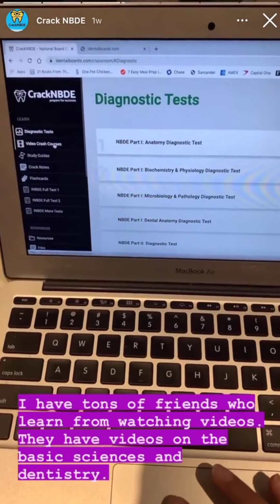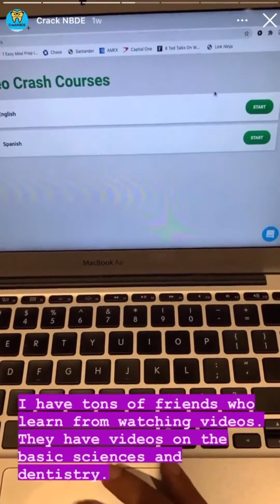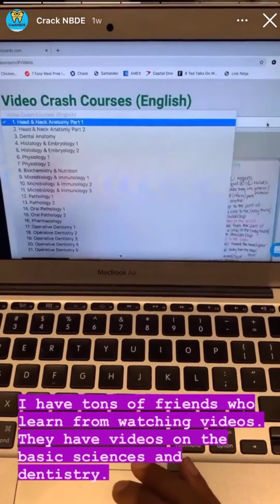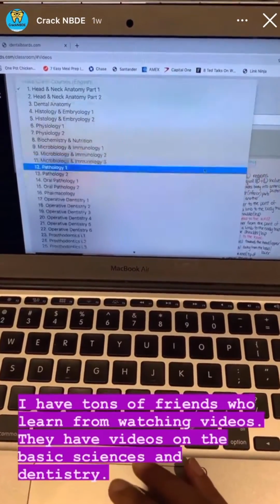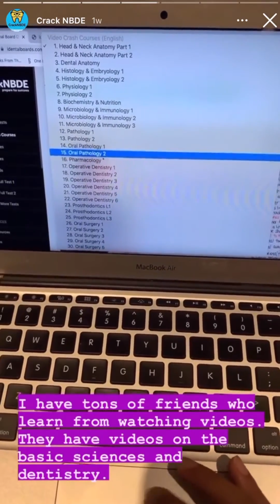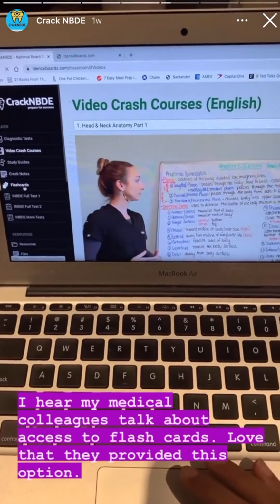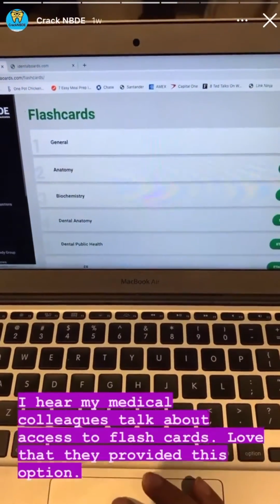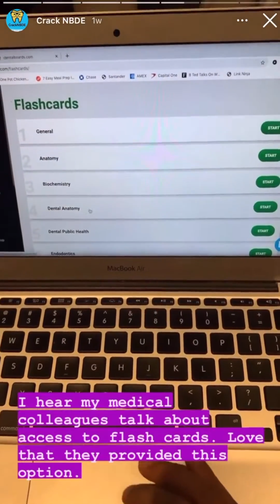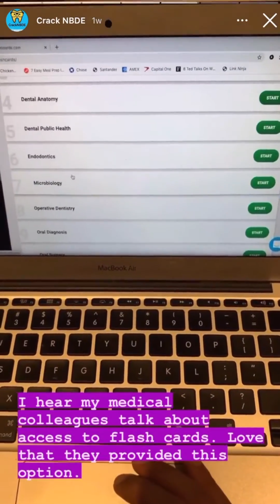I have a lot of friends who love to learn from videos, and they have videos in both Spanish and English. If you go to this drop-down menu, you can see that they have the basic sciences, and then they have your dentistry topics as well. They have flashcards, which are amazing. I know a lot of my medical colleagues use this, so very helpful. Unfortunately, I can't show it to you because I don't have complete access to their package, but...